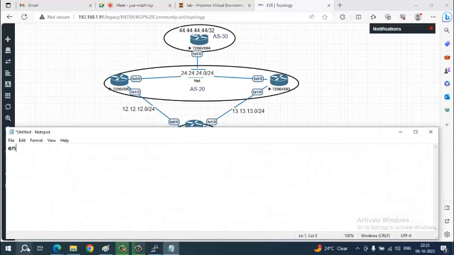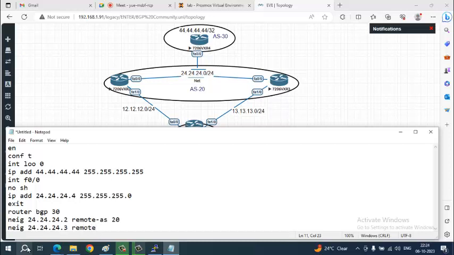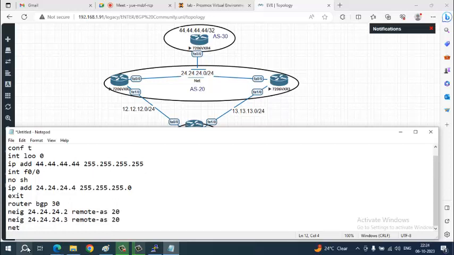I'll use a notepad to do this. Starting from router 4, 24.24.24.4. Router BGP 30. Neighbor. Who are all the neighbors? 24.24.24.2, remote AS 20. Neighbor 24.24.24.3, remote AS 20. A network that I'm trying to advertise is